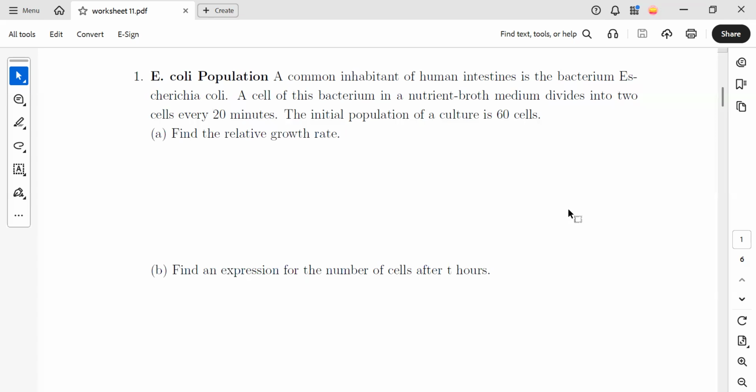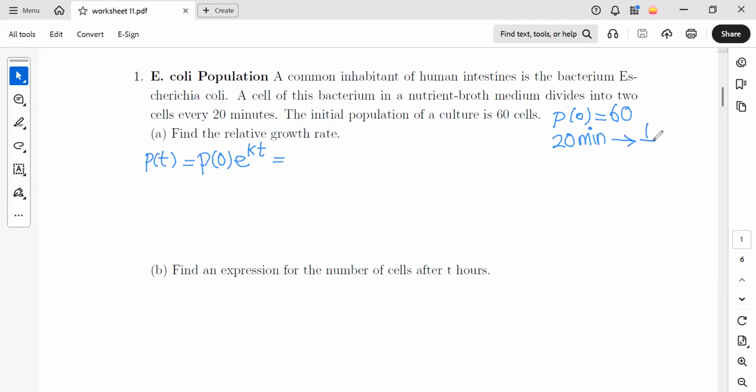So for number one, part A, finding the relative growth rate, we are going to set P of t as P of 0, the initial value, times e to the power kt, and we are going to find k, then replace it back here in order to find the model. Based on the question, we know that P of 0 is 60, and after 20 minutes,